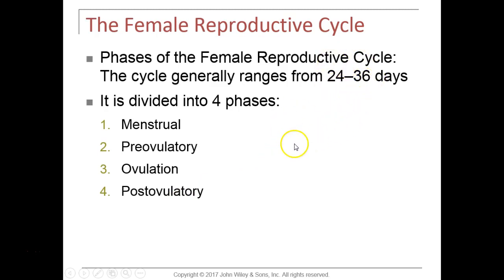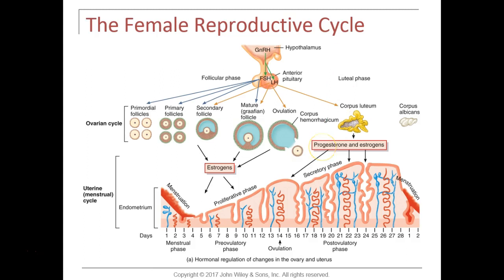However, the changes which we're about to look at basically show a 28-day cycle. So here's a graphic that represents the changes which occur over the course of 28 days, down here at the bottom, the days, with respect to what's going on with the ovaries, the follicles in the ovaries up here at the top for the ovarian cycle, and what happens to the endometrium for the uterine cycle over the course of these days. So the cycle is separated into the menstrual phase, which is the first few days of the cycle,